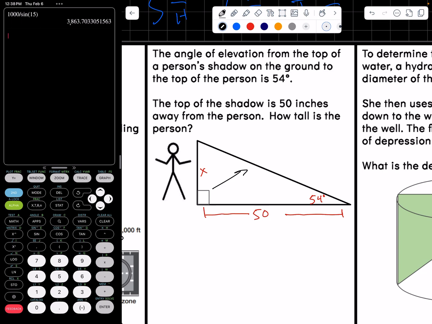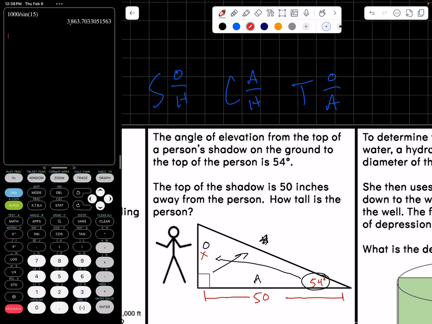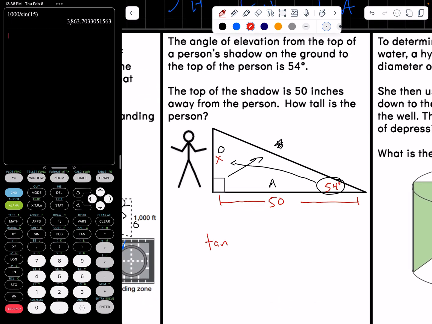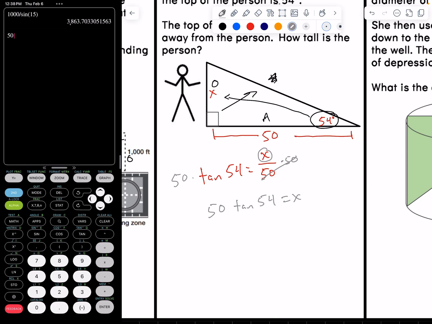We label. We have our hypotenuse, our opposite, and our adjacent. We don't have a hypotenuse, but we do have an opposite and adjacent. So we're going to be dealing with tangent. Tangent of 54 equals opposite x over adjacent 50. We've got x on top, so we're going to multiply by our denominator. 50 tangent of 54 equals x. 50 tangent 54 equals